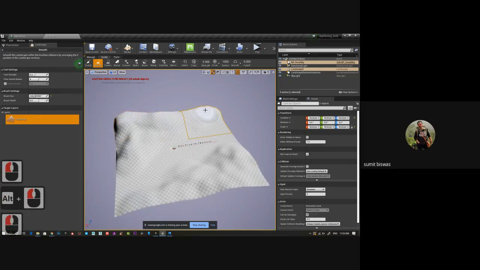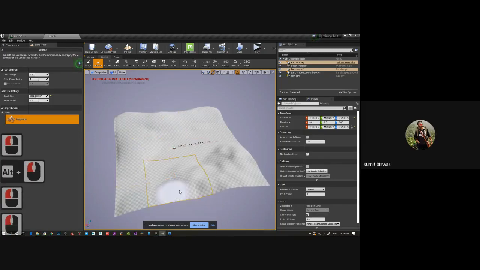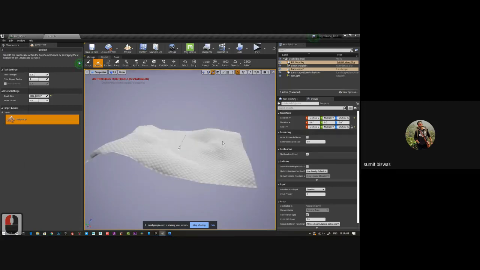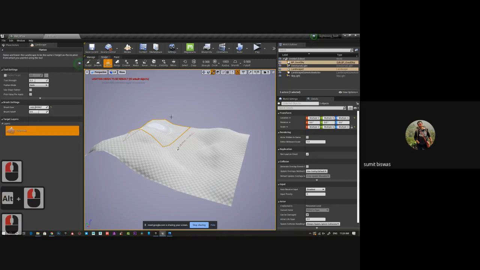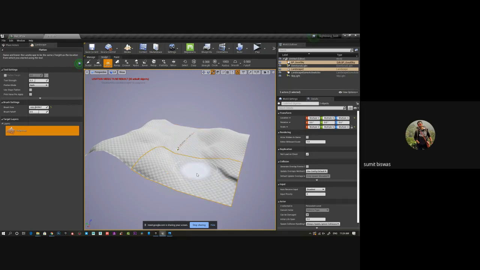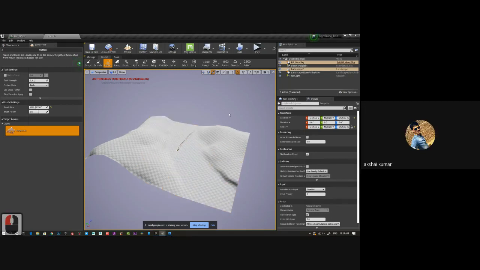It's working now. The angle was odd. You can see it's smoothing the thing. And if you want to make this flat, click on flatten. Flatten works from wherever you click, it takes that region as the height and flattens the entire area.